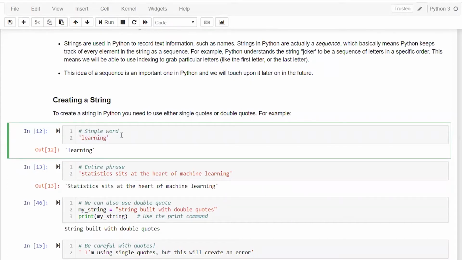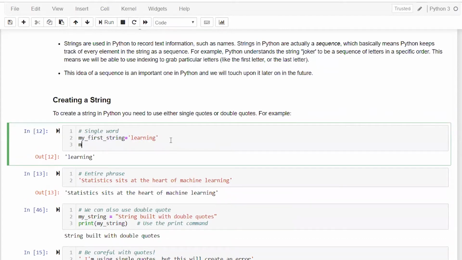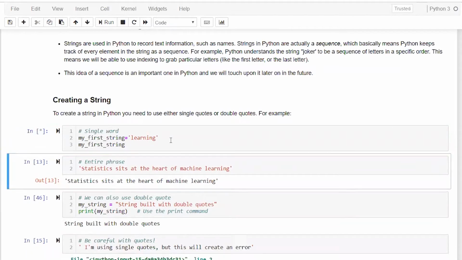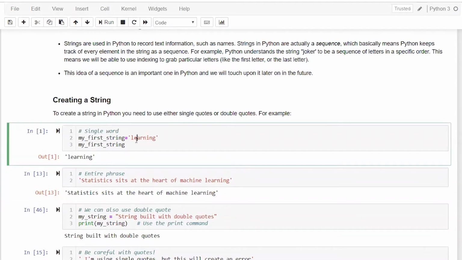So it's a string, and I can store this value, learning, which is a text value, in a variable named my first string. Now I can simply write my first string and it will give me learning. So it's very easy to define a string in Python.